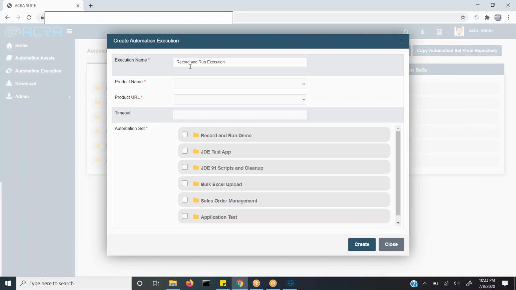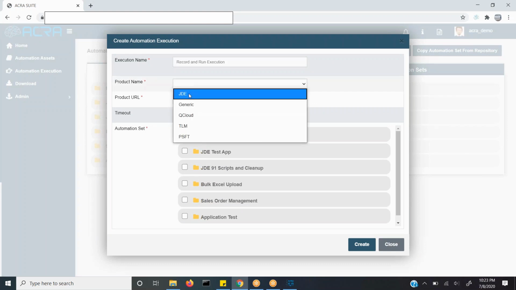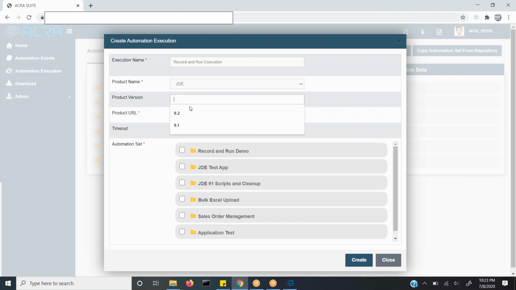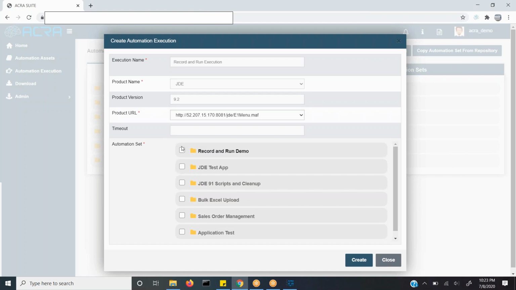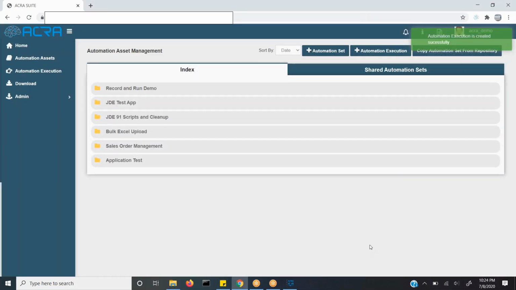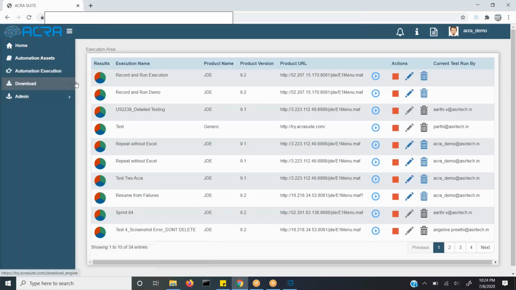Give the execution name, choose the product name, enter the product version, choose a target URL, select the required automation set which has to be executed, and click Create button. After creating the execution, navigate to the automation execution page and see that the execution which we have created is shown up here.